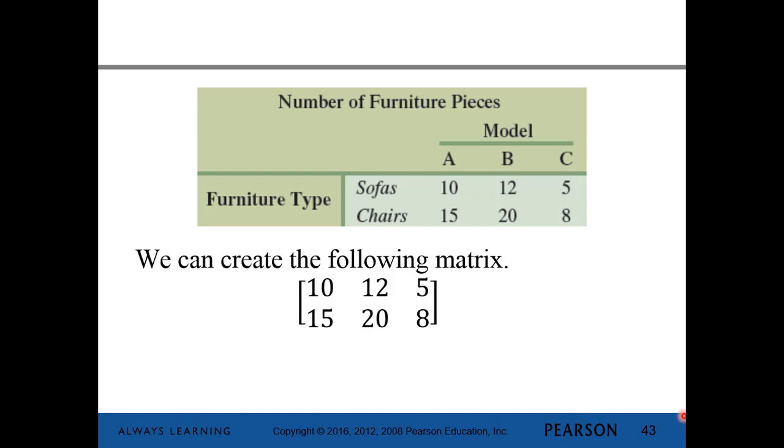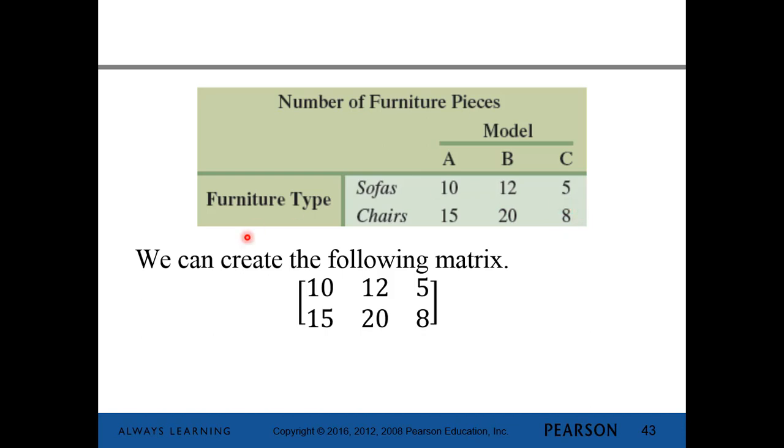Let's say we have a company and they have two types of furniture, sofas and chairs, and each of those two types comes in three different models. So we have 10 Model A sofas, 12 Model B sofas, and 5 Model C sofas. And then chairs, we have 15 that are Model A, 20 that are Model B, and 8 that are